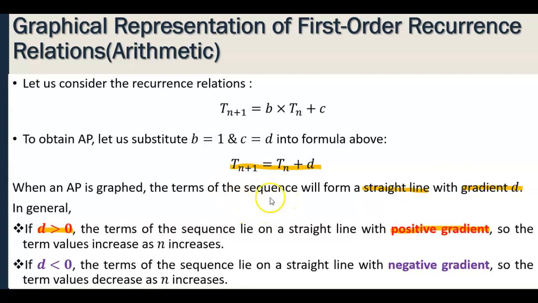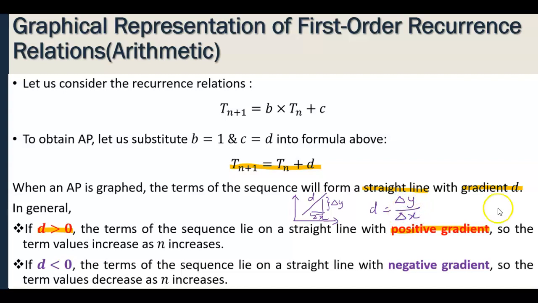Now, how does the graph of the AP look with d value more than 0? You have something like this, with this being the gradient. So how do I get the gradient? I'm sure you have learned this before: the difference in y versus the difference in x. So the gradient being,